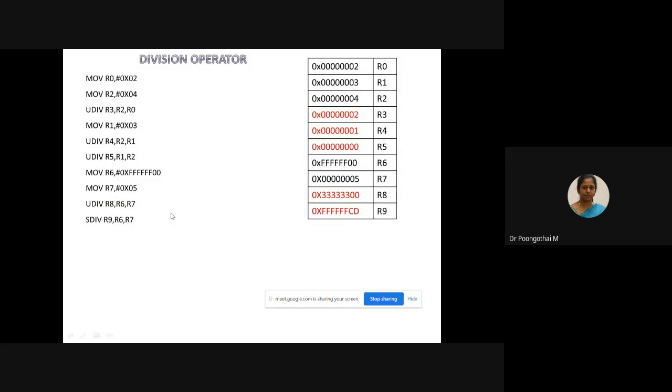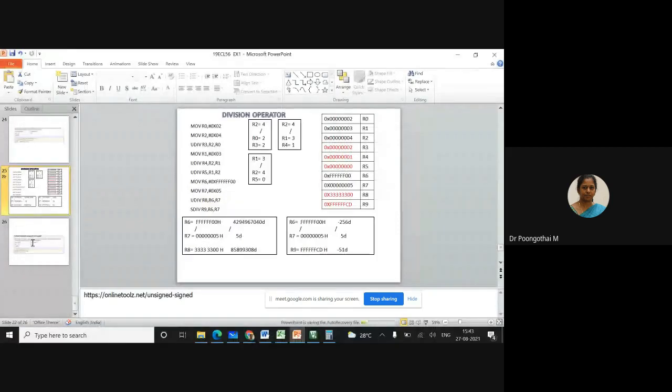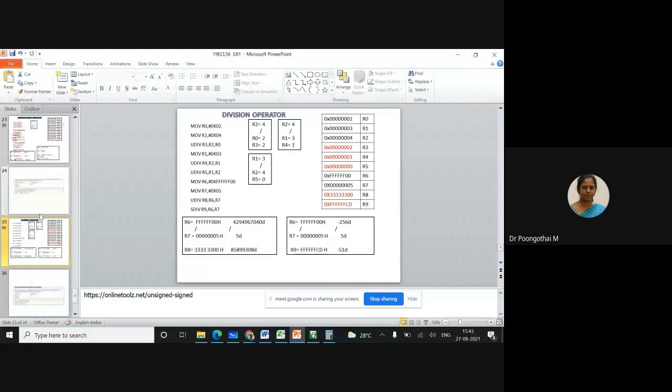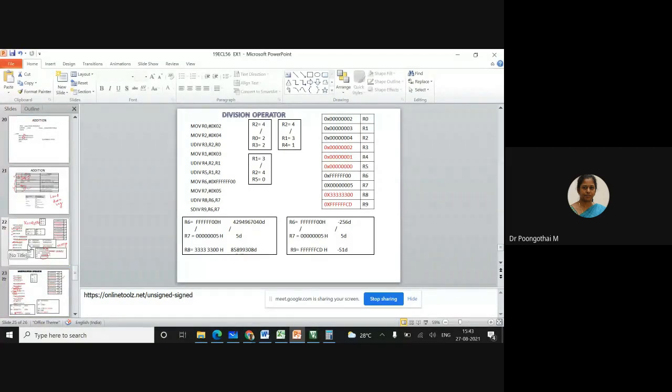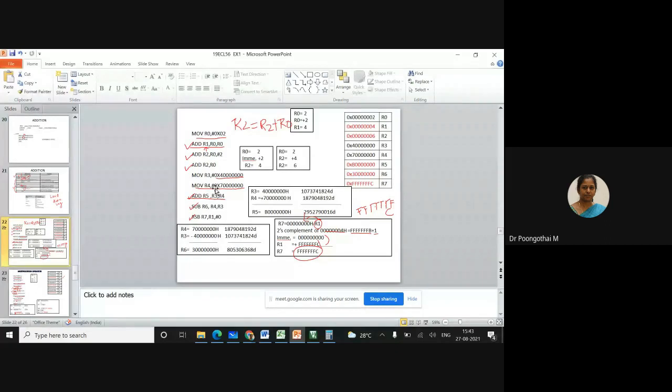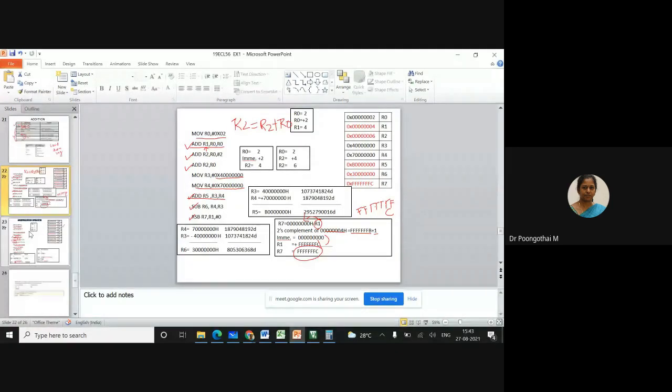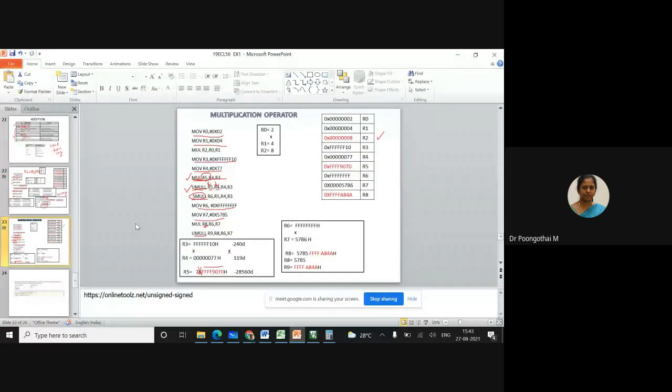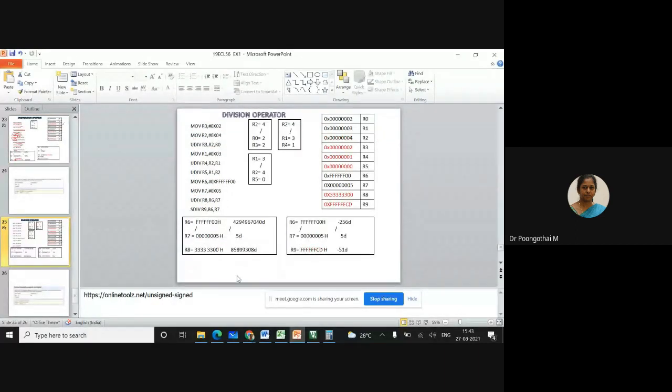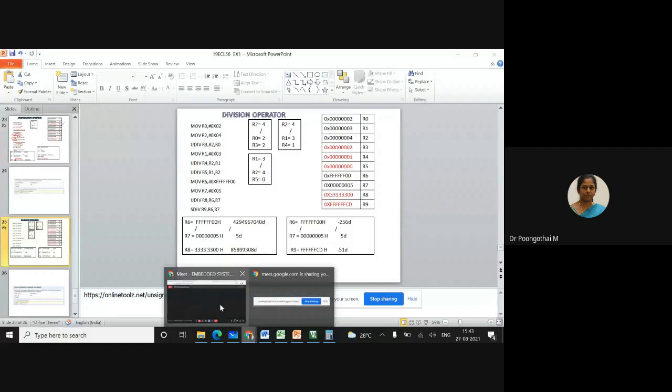Just complete all the arithmetic operations using the LDR instruction, and also try out this addition code and multiplication code. Next class I will explain division.